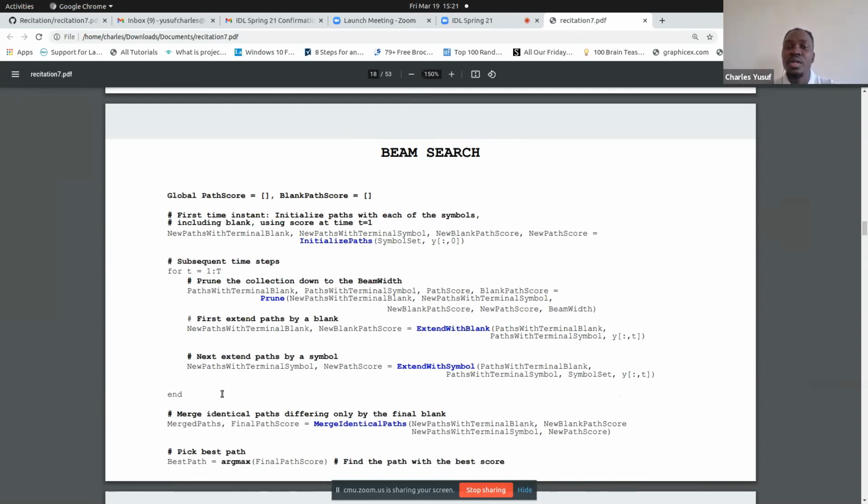So you don't need to go to any external resource to know what a beam search is. I mean, following this pseudocode is actually what you're expected to do, but I think it's okay that you still understand pseudocode, because this is pseudocode and not Python or Java or JavaScript. So before I go into the